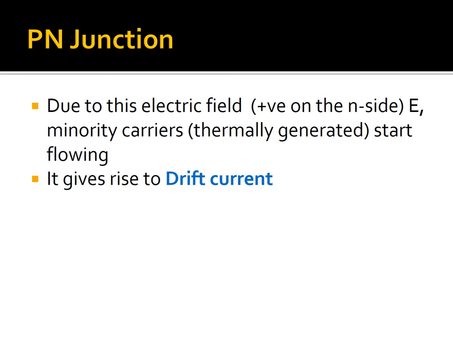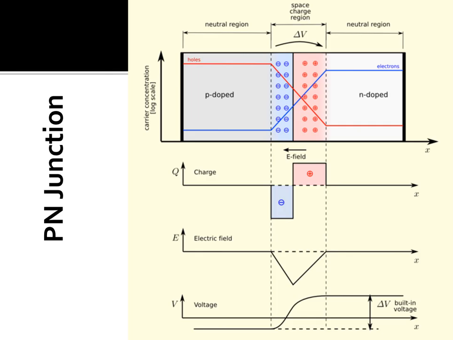I have discussed this in more detail earlier. This is just a summary of the chapter, what we have learned. Basically we get a depletion region, and there is a voltage drop here. We represent this voltage drop like this, with 0 volt here, and here we are getting the electrons. High concentration of electrons, high voltage, low voltage, and the depletion region changes like this. This is the 0 volt and this is the high value, and the difference between the high and low value is the built-in potential delta V, which is 0.7 volt.